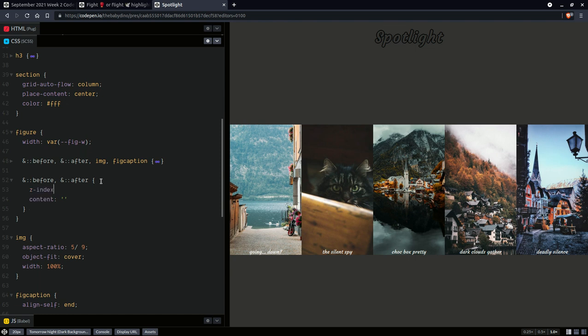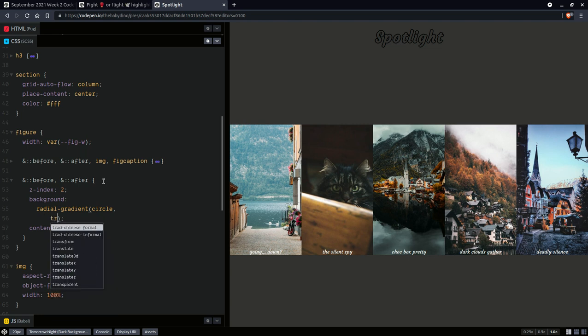So we're going to have index 2, right? And then we are also going to set a background, and this is how we get our spotlight. So basically we're going to have a radial gradient, circle. We are going to take care of the positioning, but for now we're going to have, I accidentally hit, okay,